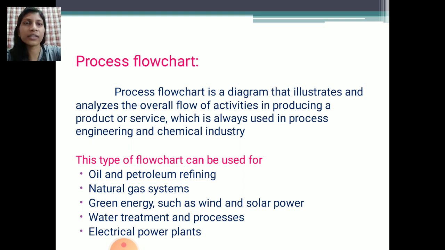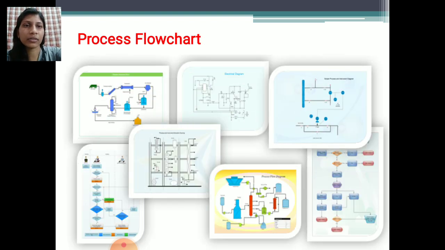See how the process flowchart looks. See here, this is the diagram of the process flowchart. It shows how it executes a process, means it has some particular process. It shows the particular process of that system, means how it works step by step. See here, in the chemical industry it shows the process, means how it will work and how it will happen. It shows the process, so we can call it a process flowchart.